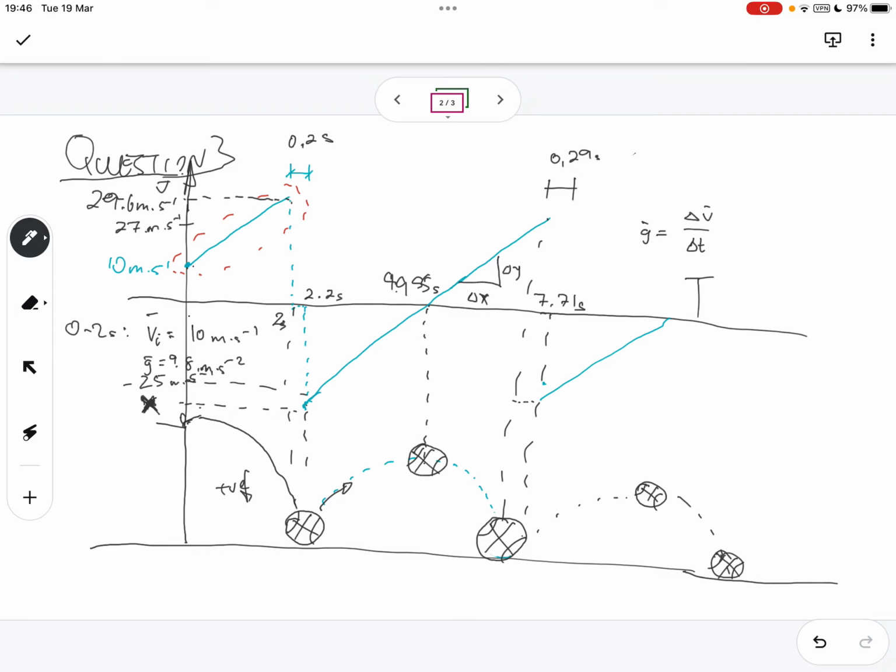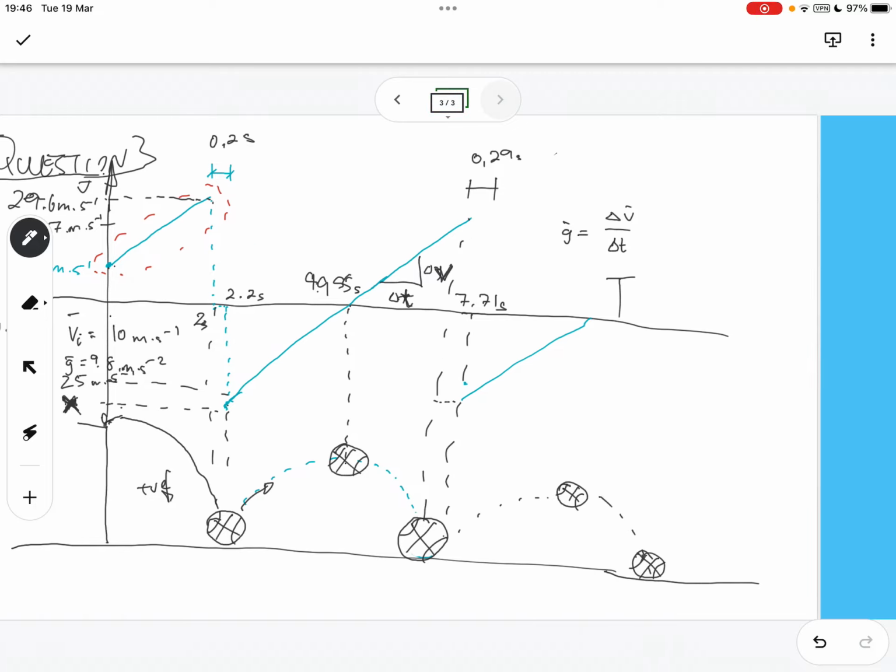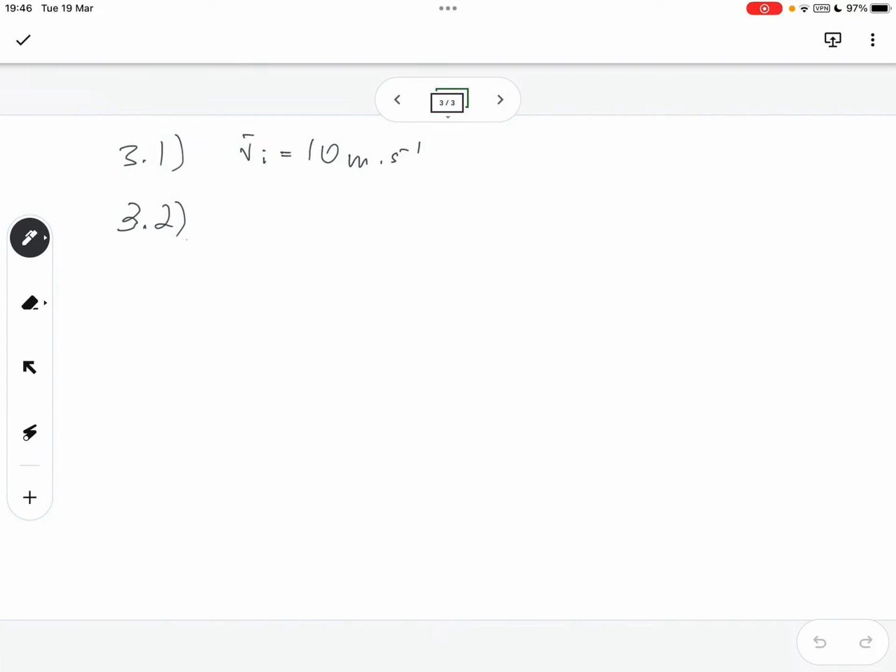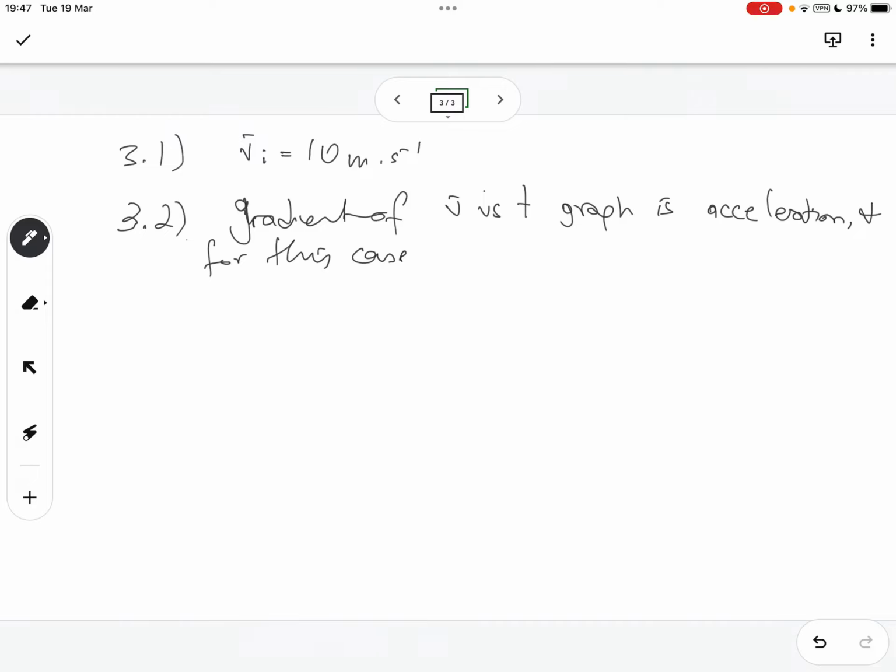So I just put there g equals delta v over delta t, just to show that the change in velocity divided by change in time is the gradient. So when we answer that question, we will say that the gradient of the velocity versus time graph is acceleration, and for this case,